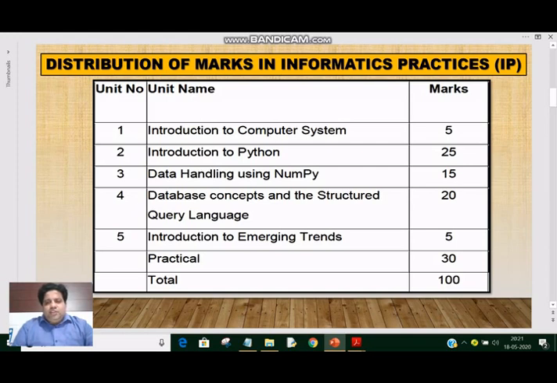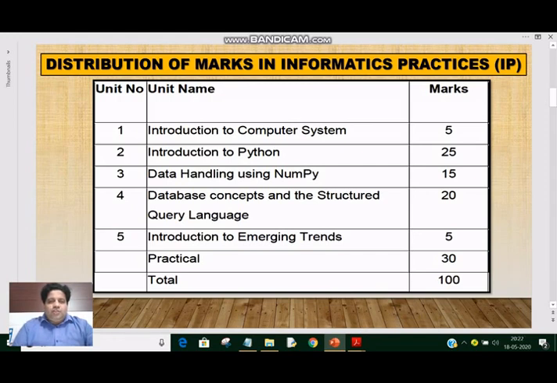It consists of 20 marks, and the last unit is Introduction to Emerging Trends. This is a theoretical chapter. So what you should keep in mind is that units 2, 3 and 4, that is 25 plus 15, 40 plus 20, 60 marks of questions from class 11th, will be asked in board exams also.